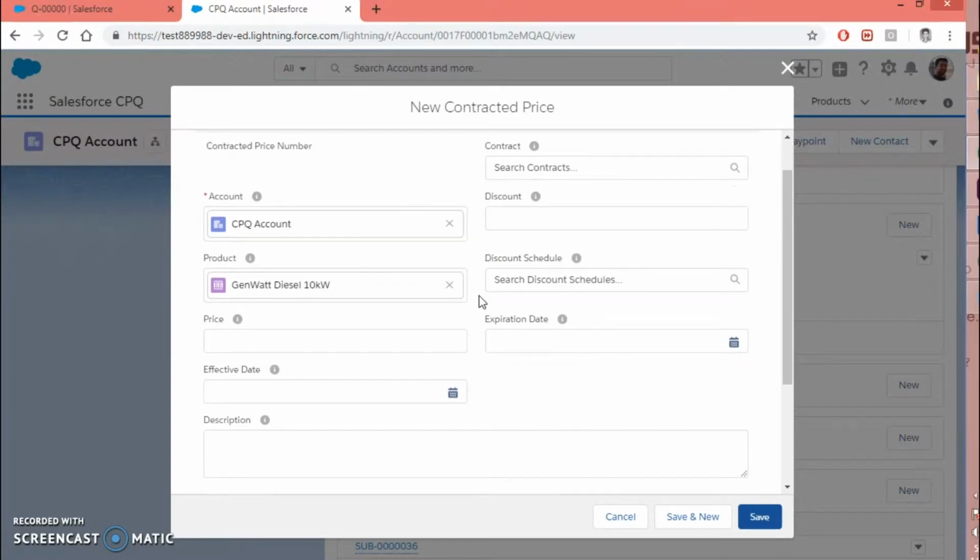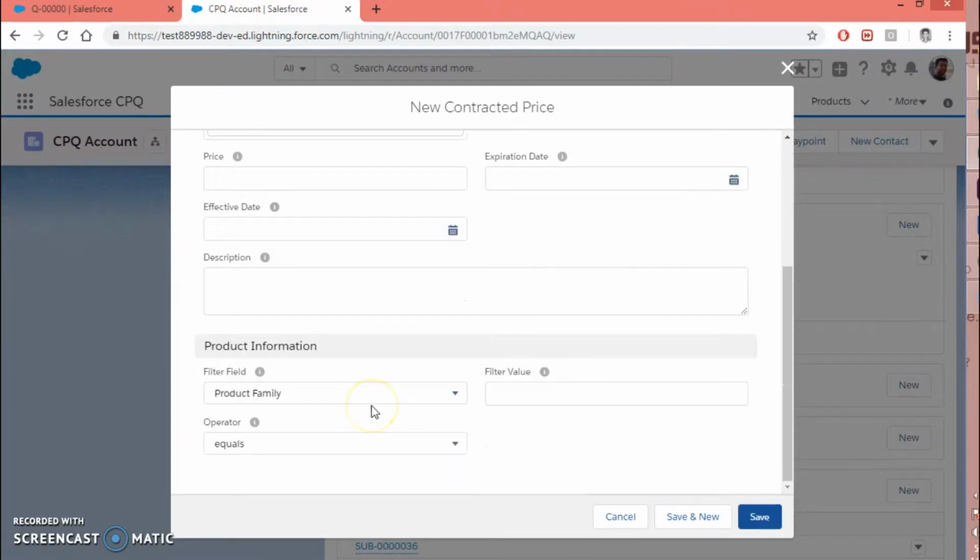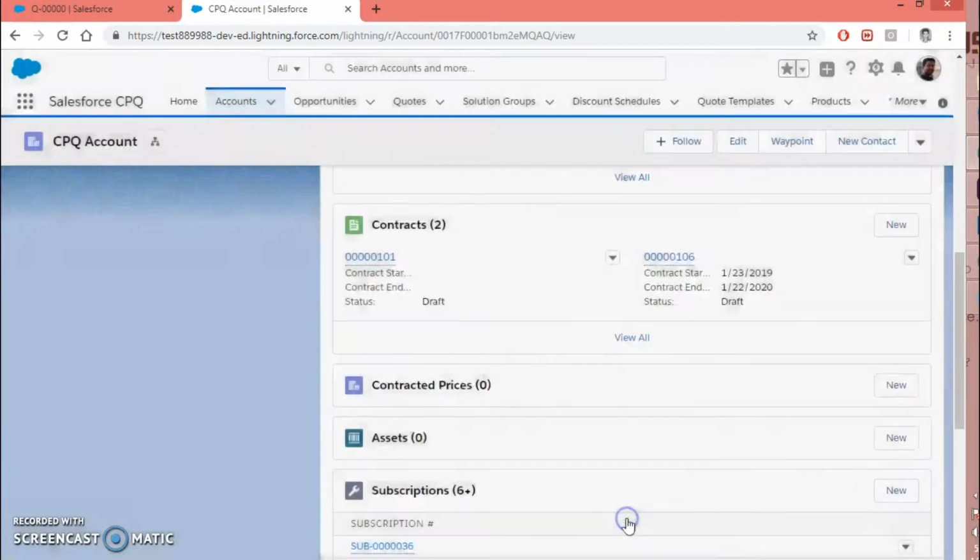Basically, you are just assigning it to the particular product, and you are going to assign some discount, or you can assign some static price there. So whenever a new quote is created for the same account, or if the existing contract is going to be renewed or amended, the same price will be taken on that future quote.